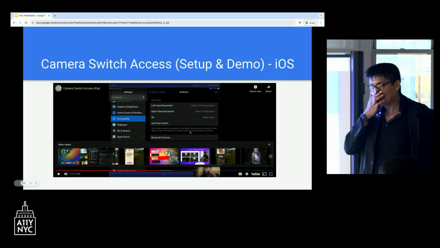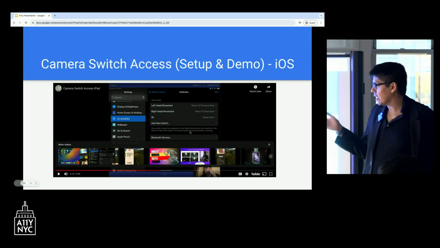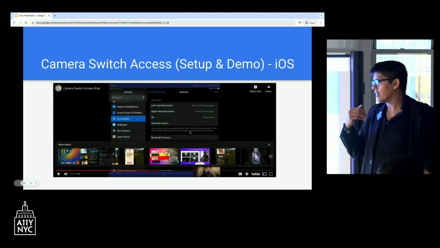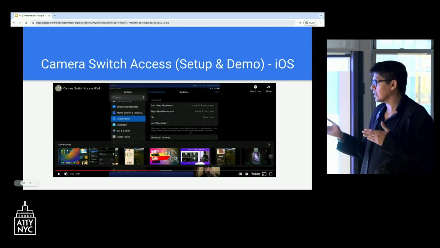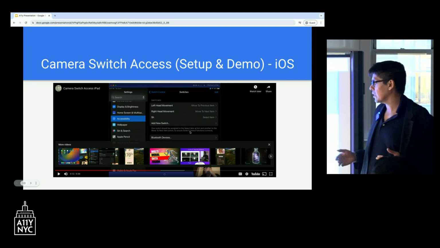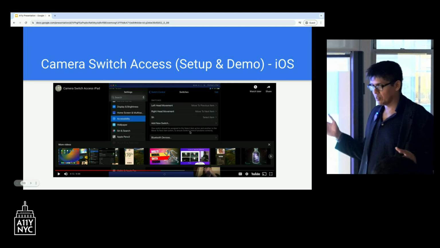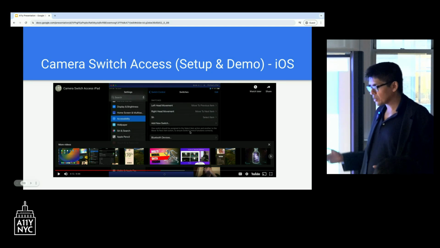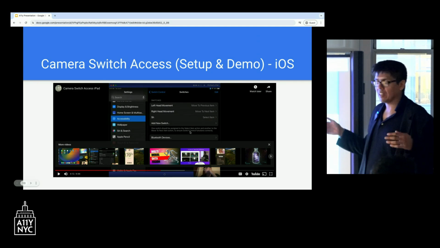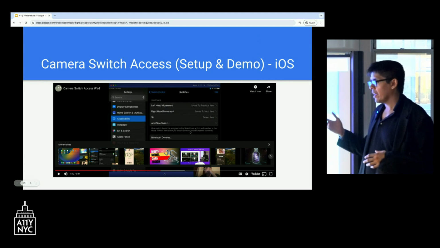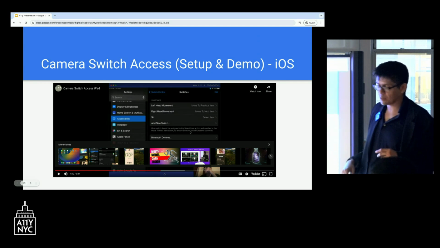What I did was that I used the select gesture to make a sound as the thing that actually selects something on the screen. So I'm using the camera, plus I'm using a vocal switch as well to do multiple things simultaneously. That's one of the really great things about switch access. It's essentially multimodal, so you don't have to rely only on camera gestures. You can rely on vocal gestures, visual gestures, the camera gestures, or even your manual interaction as well.